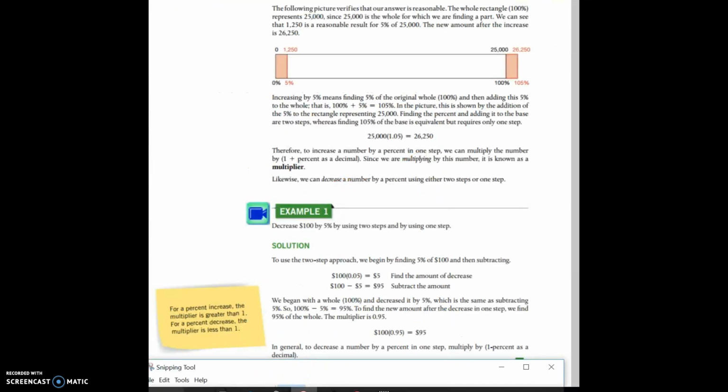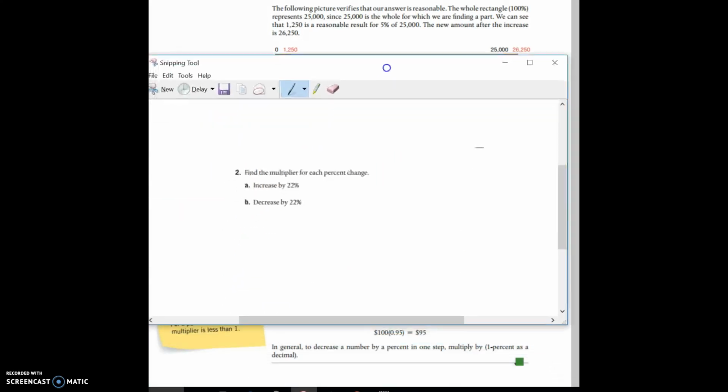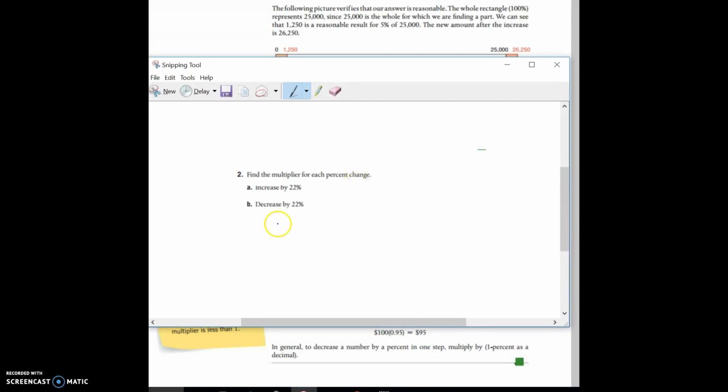Okay, so hopefully you read all of this. If you're not, you might want to pause and try again. And again, they talk about a multiplier. They give you an example of doing it in 2 steps and 1. And so read that. And then what I want you to do is at the bottom of the page here,